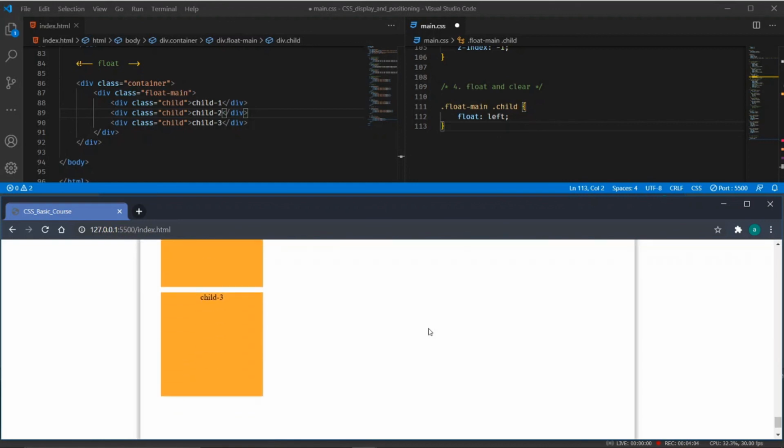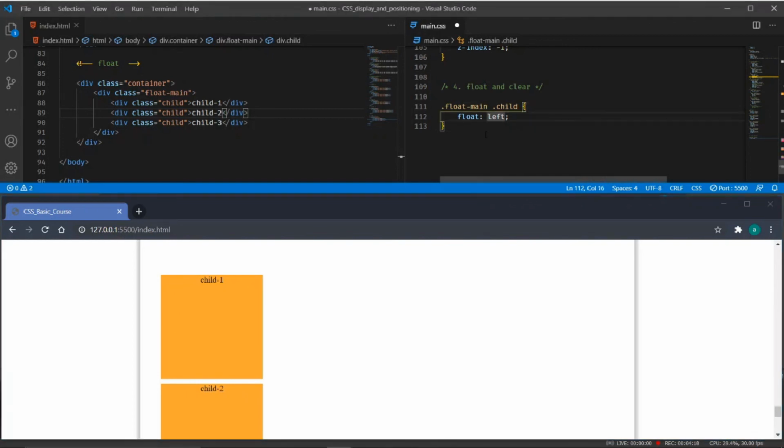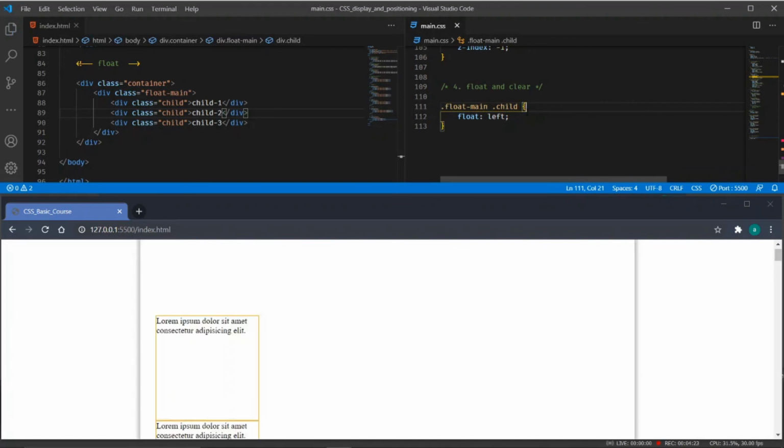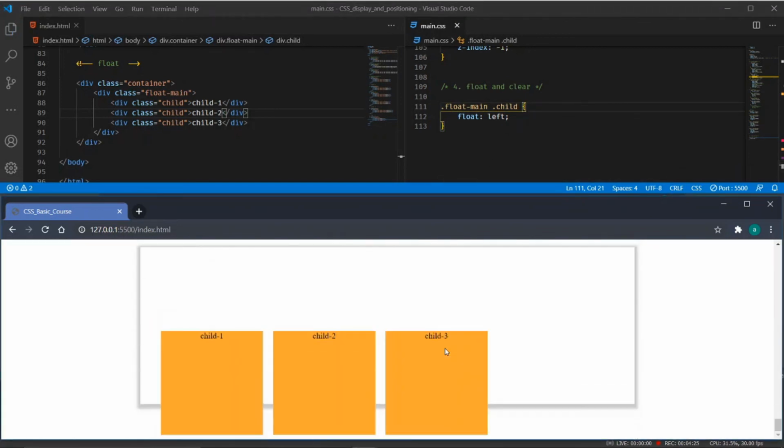There is child 1, child 2, and child 3. They are stacked one after another on a new line. We want these children to be aligned one beside the other. We can do that using the float left property. So when I save this CSS, it will align them one beside the other.